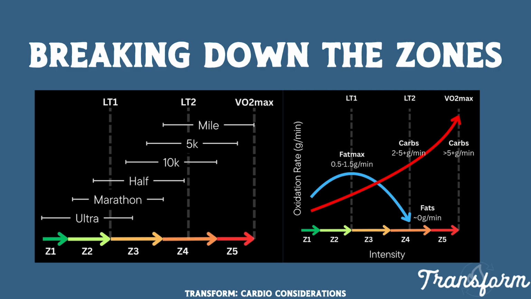There are some people talking about zone 6, like mostly anaerobic. And I thought that's just a good rule of thumb, that the ultra and zone 1, essentially you can be doing indefinitely. Walking generally would be in zone 1. And zone 5, the more intensity and higher heart rate, you're able to do for a very short amount of time. And this picture on the right goes alongside with it.